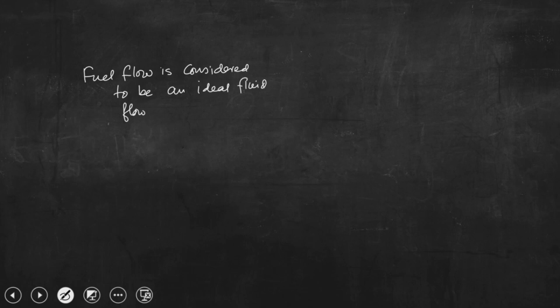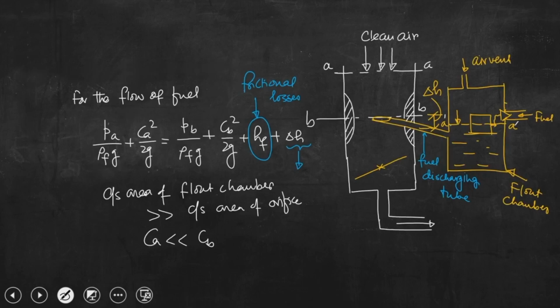If we assume, so this is the assumption, and then if this is the case, this HF is almost equal to 0, then we can write CB square by 2 from the previous equation. So, this is negligibly small, we are not going to consider this, we are assuming that the flow of fuel is an ideal fluid flow,